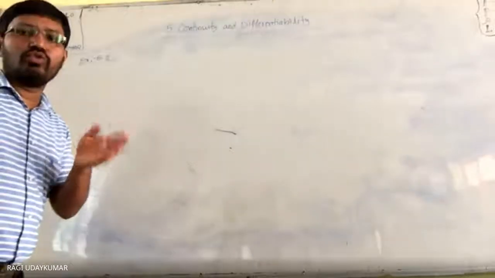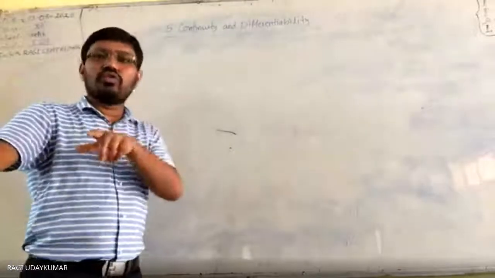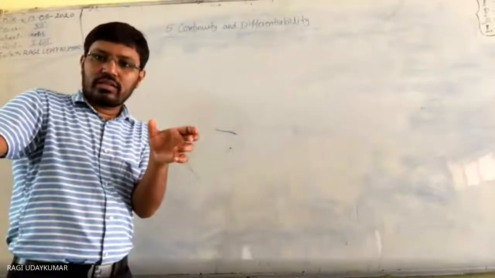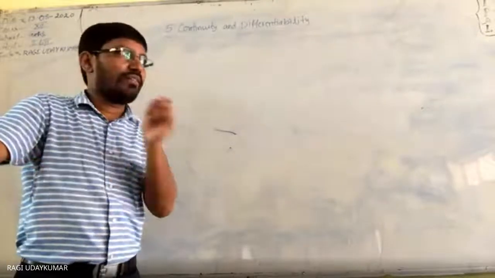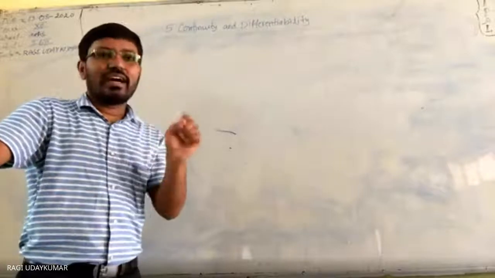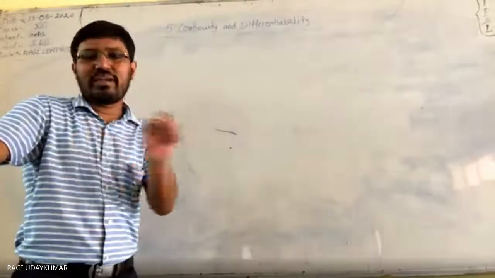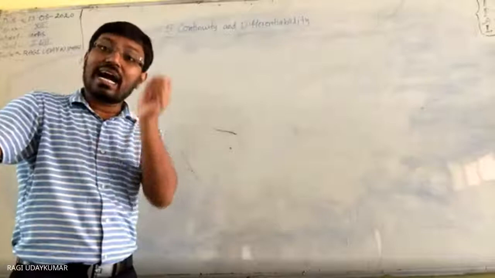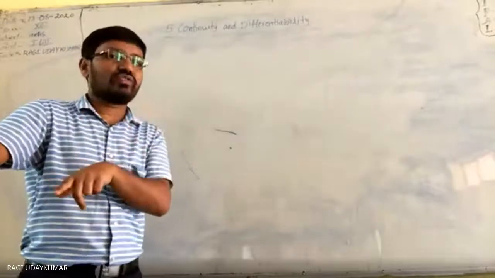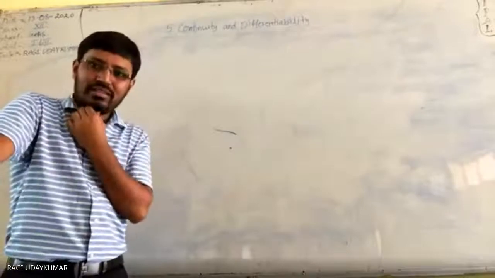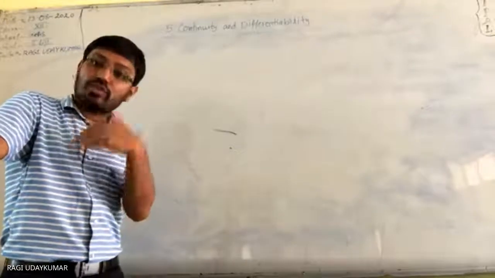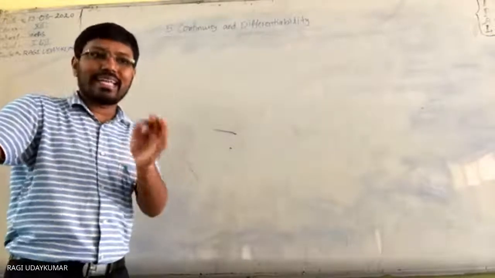In the 7th problem, there is 2 root x. So consider the complete root x. First root x, you consider it as a root x. Root x differentiation is 1 by 2 root x, 1 by 2 root of cot x square. Again, we have to differentiate cot x square. Cot x square differentiation is nothing but cot x. The differentiation of cot x is minus cosec square x. So you can see and directly write the answer.